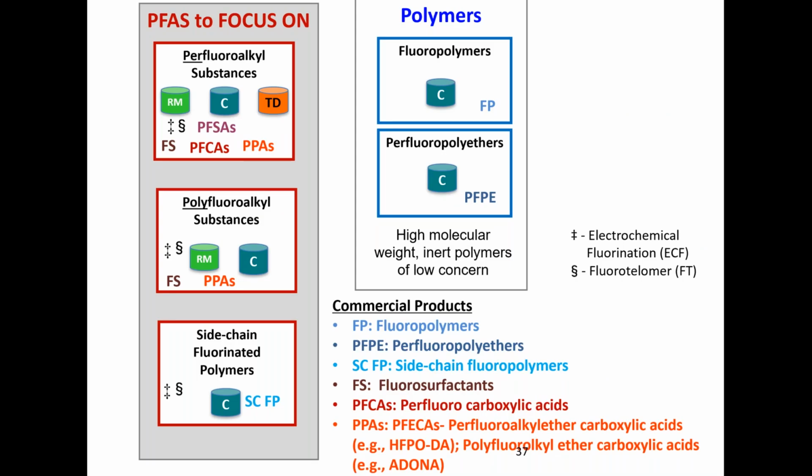One of the things we really need to think about, and Bob showed you this chart, is where do all these fit? Where do the different fluoropolymers and polyethers fit in terms of what to focus on and what not, as well as the electrochemical fluorination and the fluorotelomer technology symbols that you see here. So let's start building this out in terms of uses. We have a fair number of uses, so bear with me.